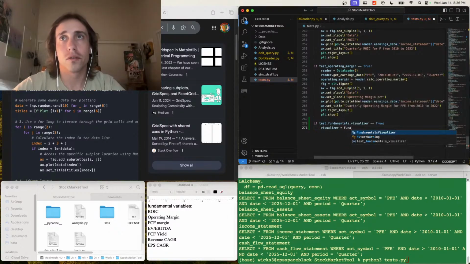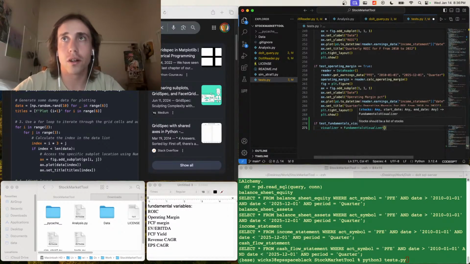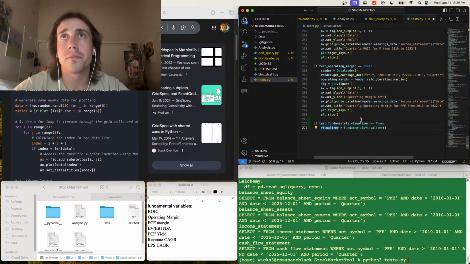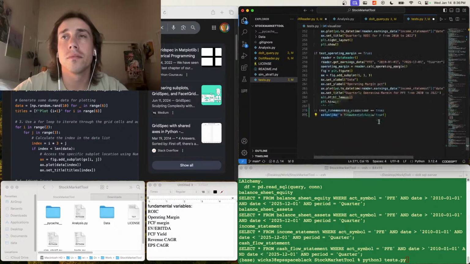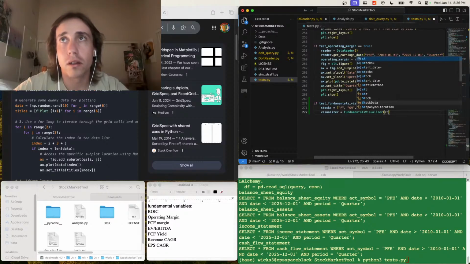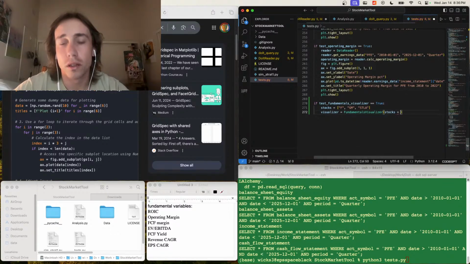Visualizer is equal to fundamentals visualizer of meta lifestyle, stocks equal, let's do the automakers, so Ford, GM, Stellantis, stocks equals stocks,